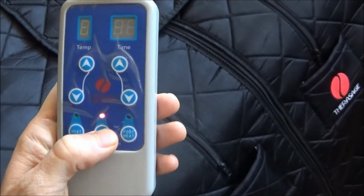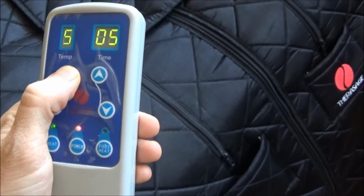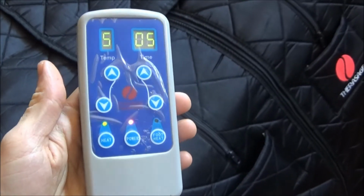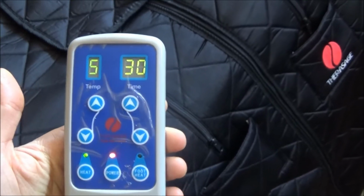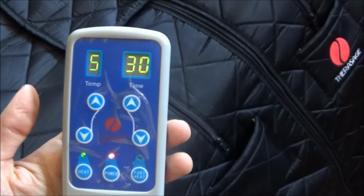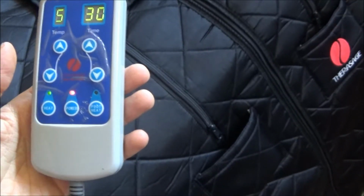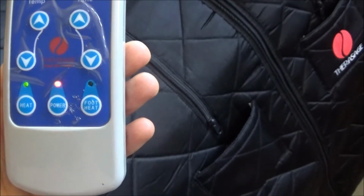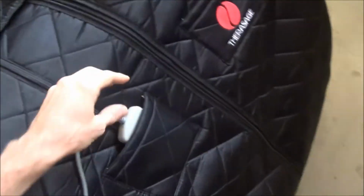What I would do is hit power, heat. I always turn the temperature up to max 5, which is 140 degrees Fahrenheit. And then it goes up to half an hour. Usually, depending on what I have going on that day, I'll do between 30 minutes to an hour, depending on how much time I have. There's also a little foot heater. I don't really use that. And so I put that in there,